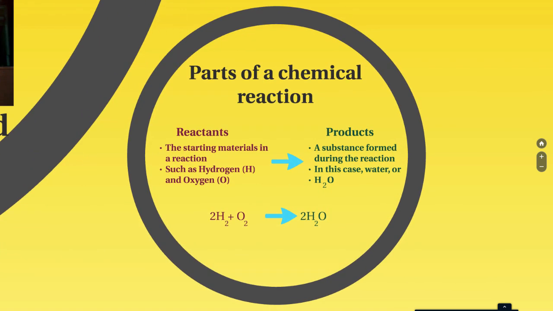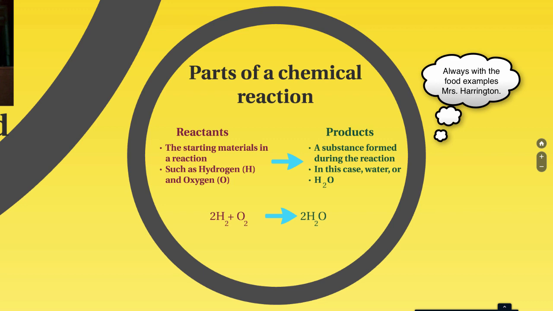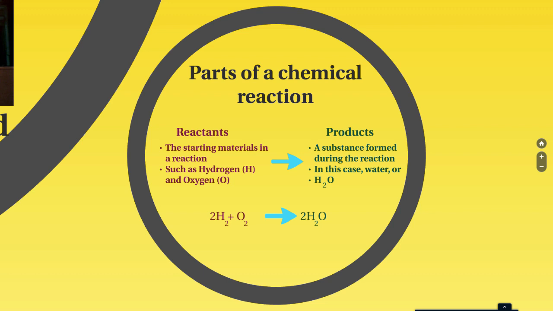So we can take our formulas and put them into a chemical equation. And in a chemical equation, there are two parts to it. So we have a reactant side and a product side. So think of a chemical equation kind of like baking. Reactants would be your ingredients, what you put into the equation. Your product is your end result. So that yummy bread or delicious cookies or pizza or something that you could eat,